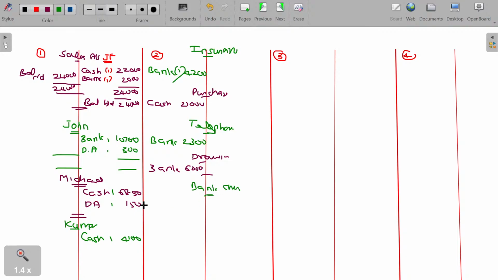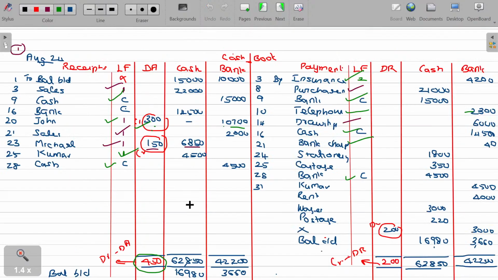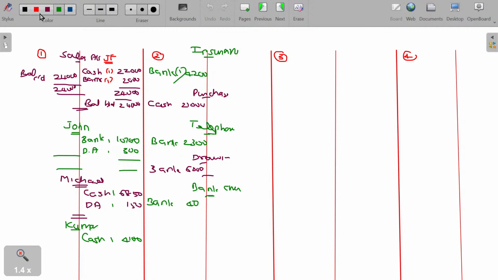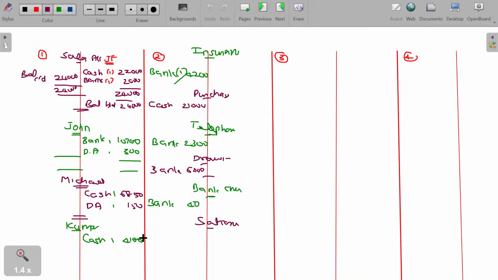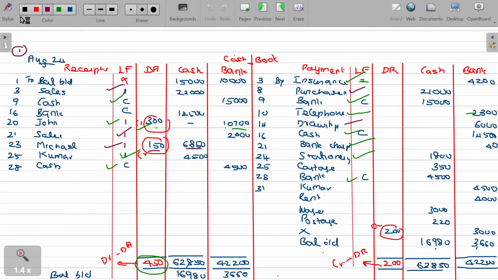Bank charges, here bank, the value being 40. Next one being stationery. The value being 1,800 cash. 1,800 cash. And then next one being